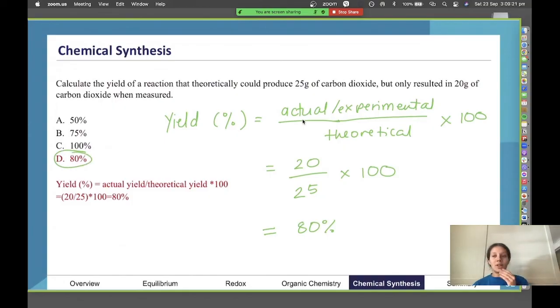So again, if you're really confident, because this is a multiple choice question and you wouldn't have to show working for this, you could just put it straight into a calculator and then answer the question like that. But that's just an example of another question that, especially with chemical synthesis, might pop up. You might also find in your practice exam questions that questions sometimes have a lot of marks assigned to them, but are broken up into lots of little steps. So this could be an example of maybe 1 mark in a 7, 8, 9, 10 mark question.